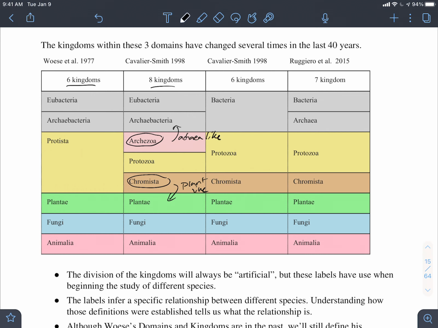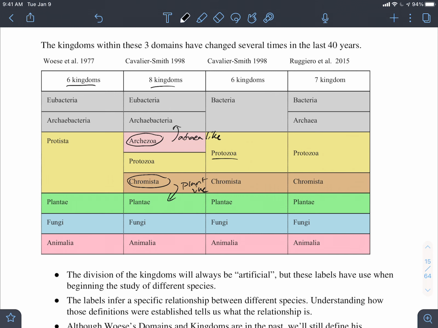But this didn't really hold out. So in 1998, almost the same year, I guess, I don't know why it happens almost the same year, they back off and say, okay, you're right, Archaea-like is not really a good thing. Let's go back to protozoa. And then the protozoa stuck through. Let's go protozoa, but we don't like the eubacteria, archaea, bacteria thing. Let's go to 6 kingdoms this way.